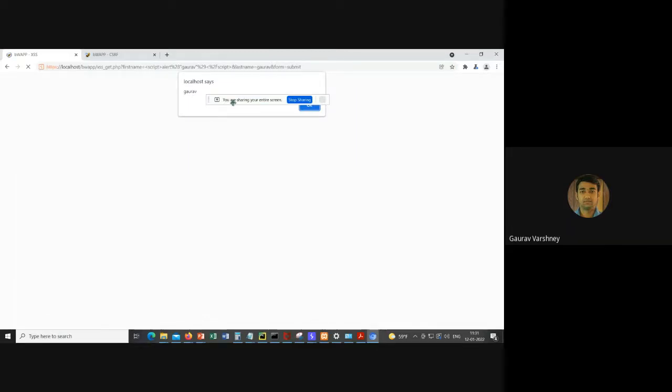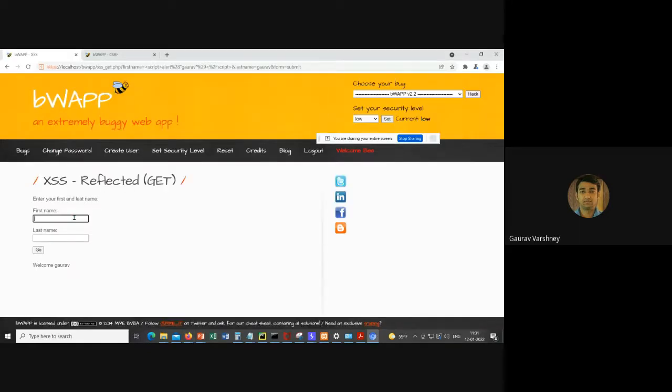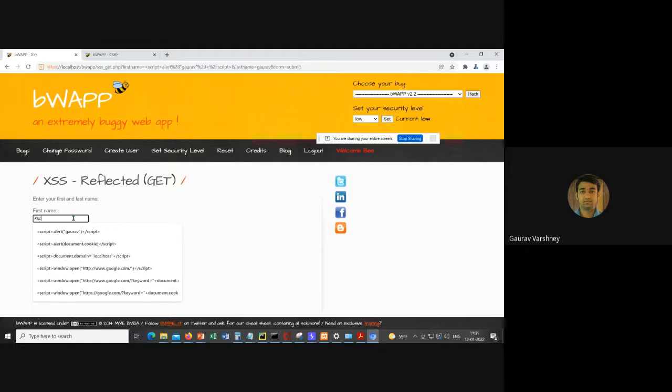and it is showing Gaurav, right? What it means is that it is actually executing JavaScript. It's actually allowing the execution of JavaScript, right? So now how can you exploit that? So let's suppose if I write